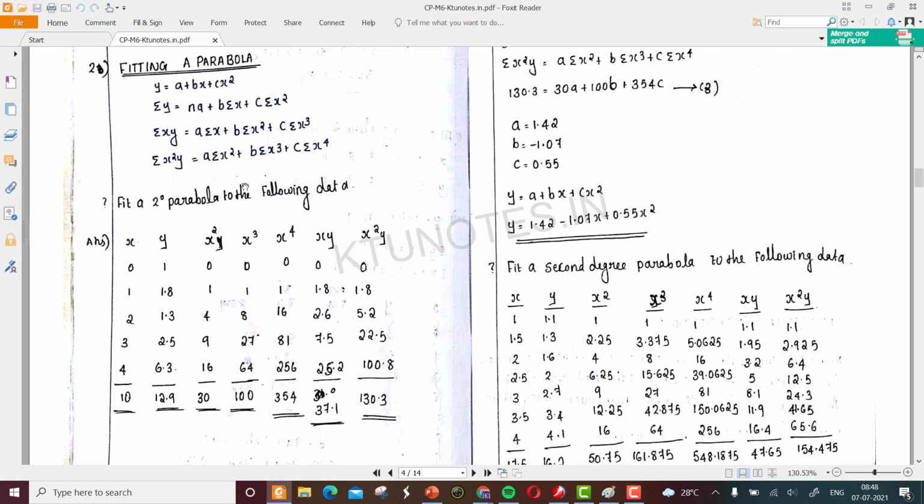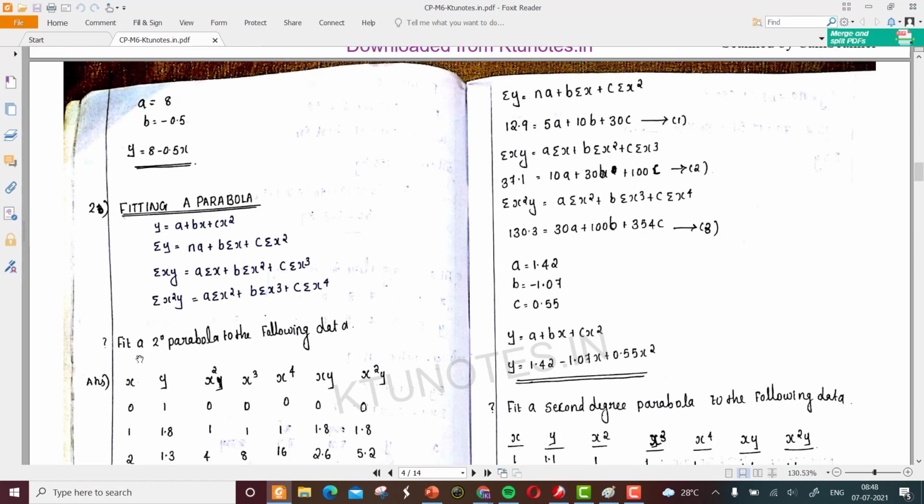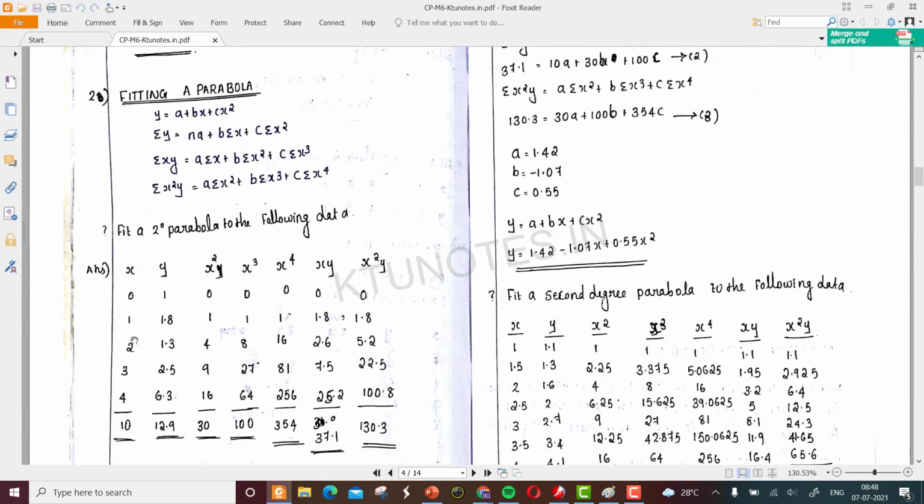So it is better to solve the problem in tabular form, so that you can list out the X values, given X values and Y values. Then find sigma X, sigma Y, X square, Y values, X cube values, X raised to 4 values, XY values, and X square Y, which are required as inputs for these equations.